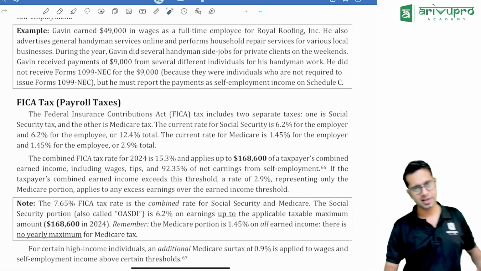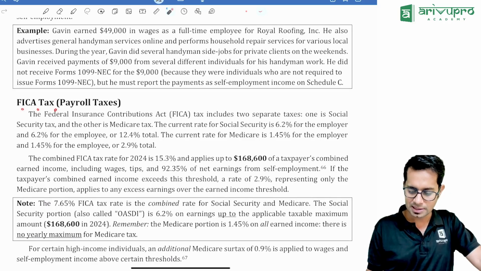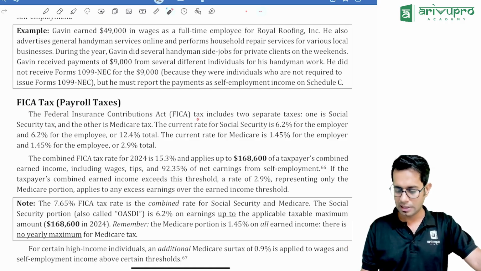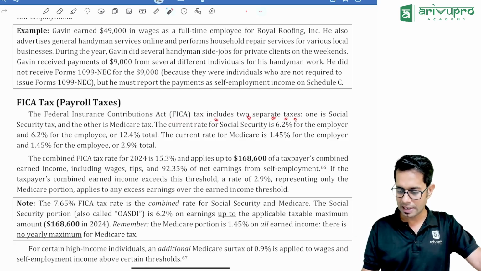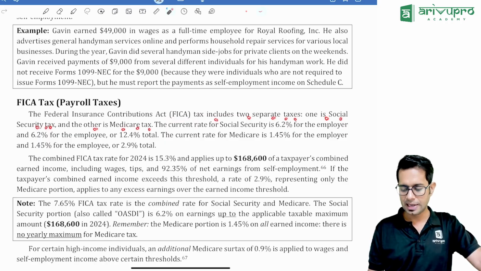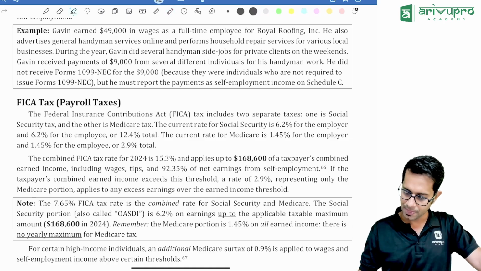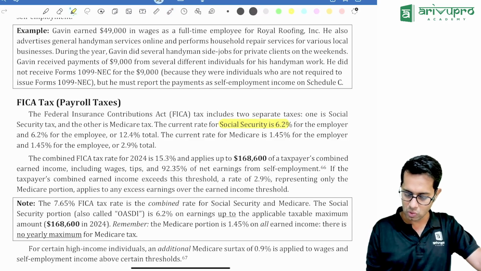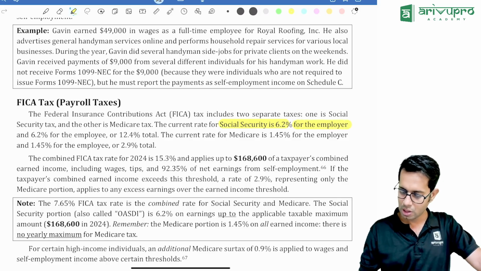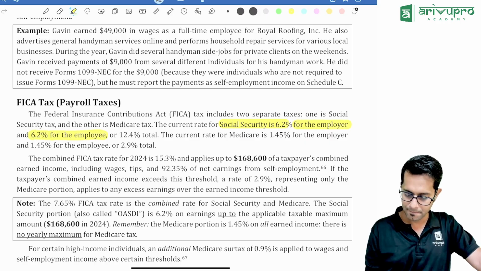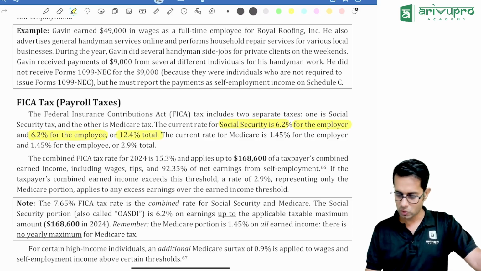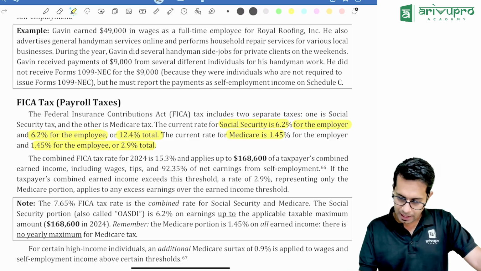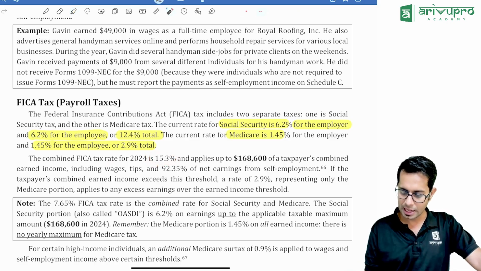FICA tax. What is FICA tax? FICA tax, as we discussed, is also called payroll tax. Federal Insurance Contributions Act tax, or FICA tax, includes two separate taxes. One is Social Security tax and one is Medicare tax. The current Social Security tax rate is what, sir? The current Social Security tax rate is 6.2% for employer and 6.2% for employee, which is 12.4% in total. Medicare tax is 1.45% and 1.45%, which is 2.9% in total. The combined FICA tax rate of 15.3% applies up to